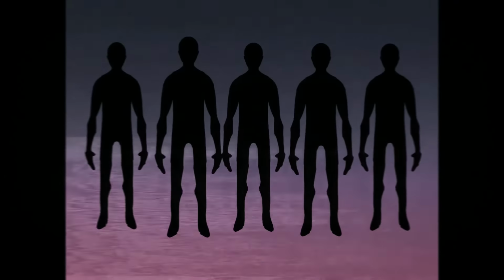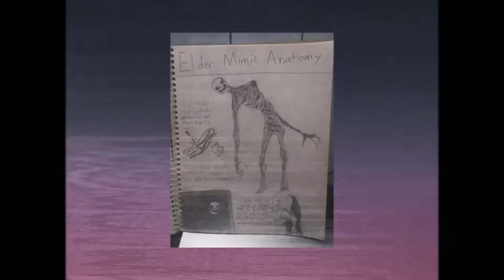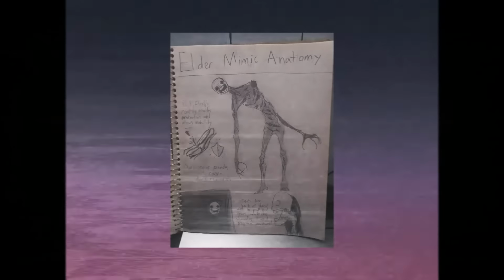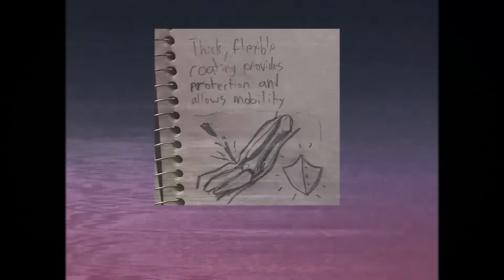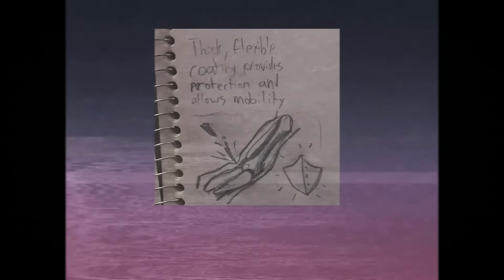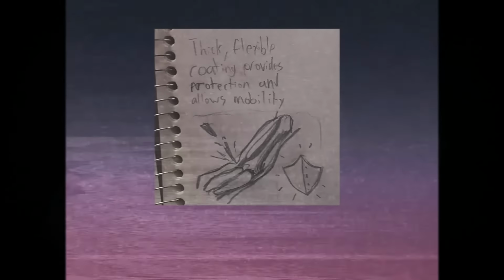The second type of morph happens when a mimic receives an overabundance of food. It will grow into a larger, more evolved hunter. Its proportions will increase in length, and its humanoid features will fade away. It grows a thick, dark coating of a flexible skin, which is highly durable, and increases in strength the more